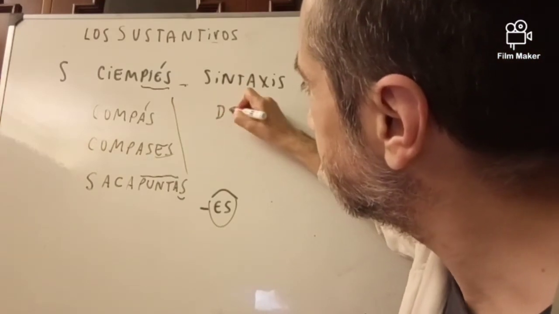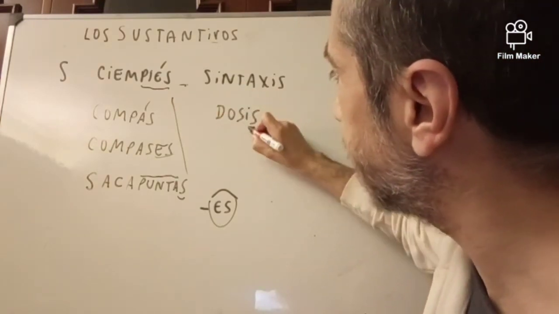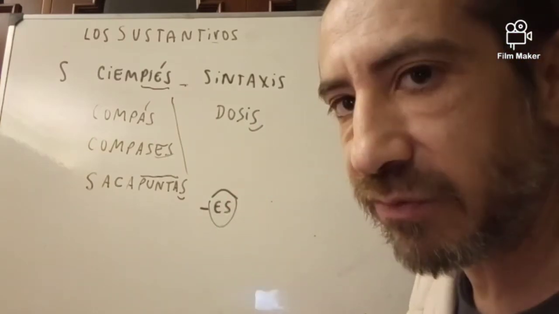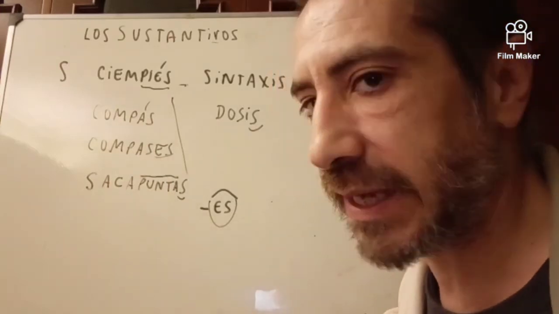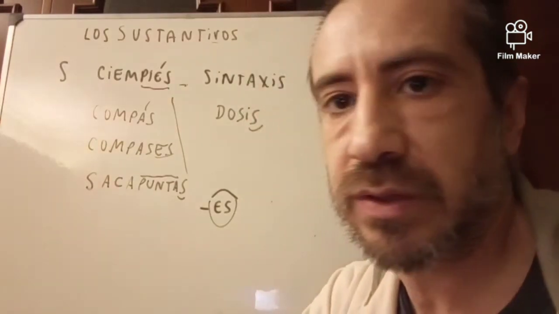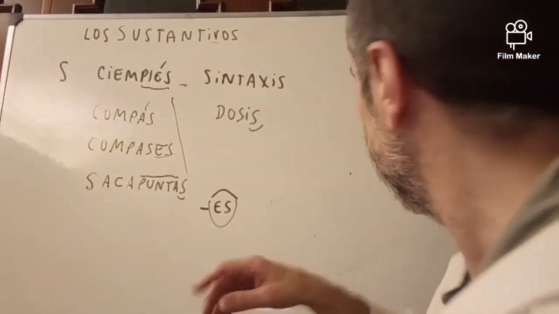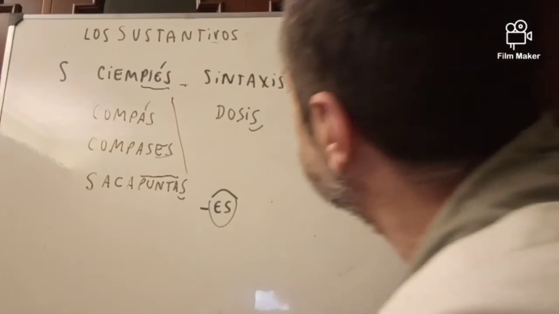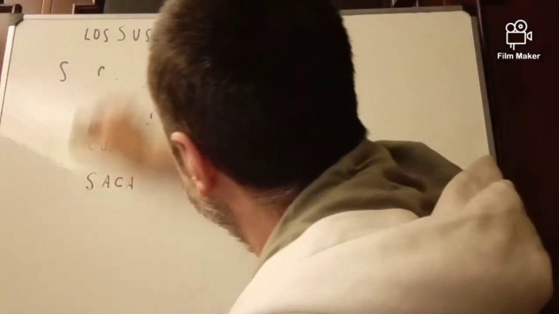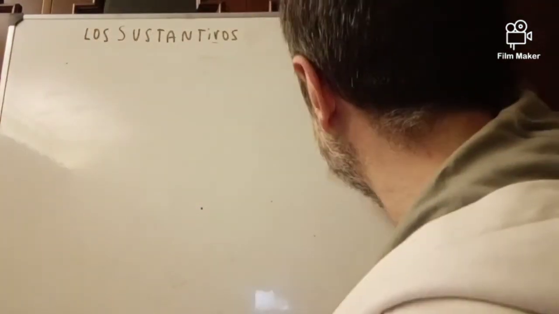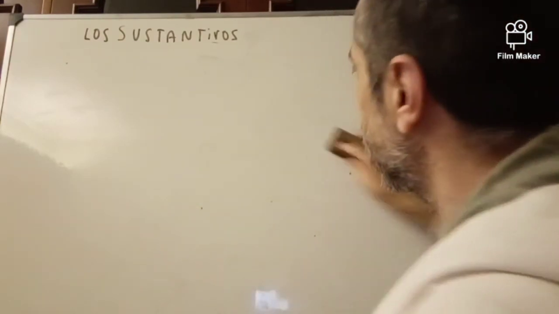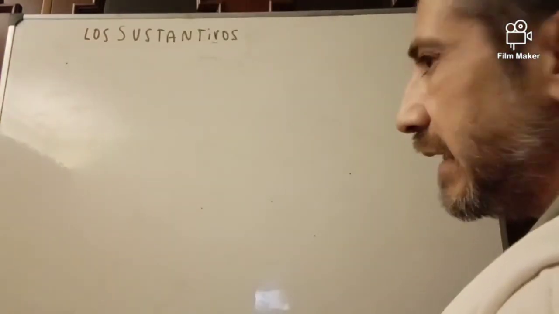Dosis is as in syntax, the plural is the same, we don't add S. So be careful with nouns ending with S, because in some cases you have to follow the rule and in others you won't have to do it. And I left the letter O on purpose. I decided to explain it at the end of the video on purpose because it's a bit tricky.